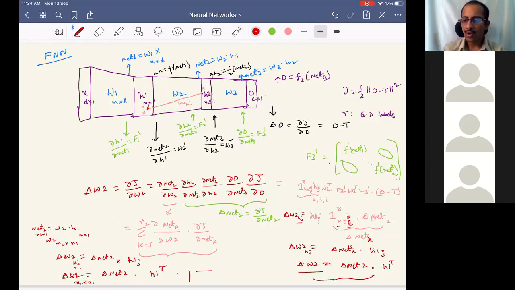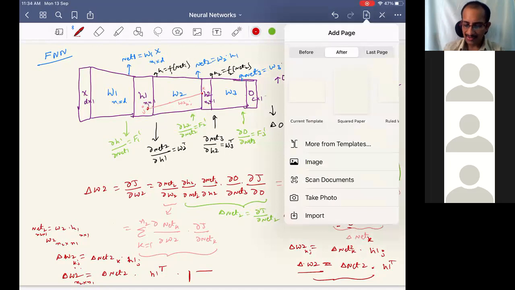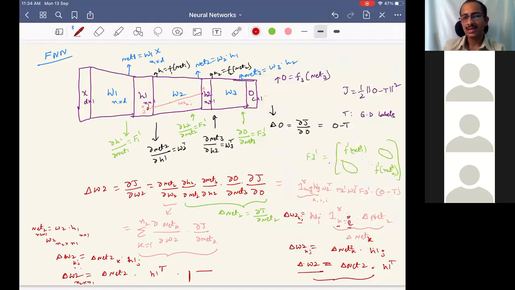Fine, good. So now let's move on. This is how we write the gradients even in deeper networks, and this doesn't really require the chain rule. We are using the chain rule as an initial step to understand. But once we understand this relation, if you want to write the gradient of any weight element, you just need to see the error at the rear end and the input at the front end. That's all, multiply them: error at the rear end multiplied by input.